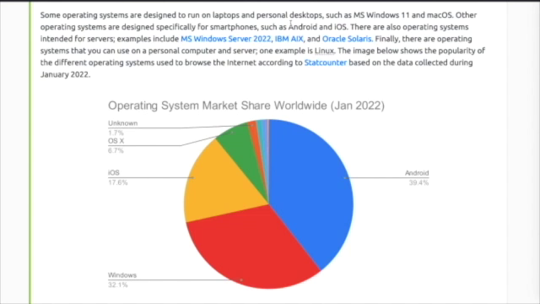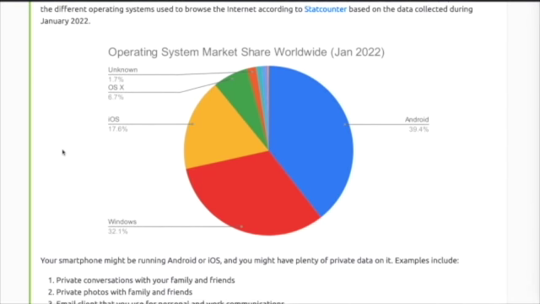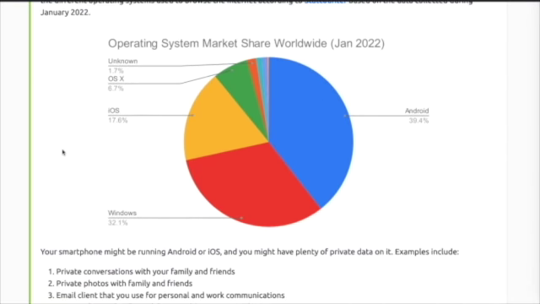The image below shows the popularity of the different operating systems used to browse the internet, according to StatCounter, based on the data collected during January 2022. You can see Android is the most popular, Windows,